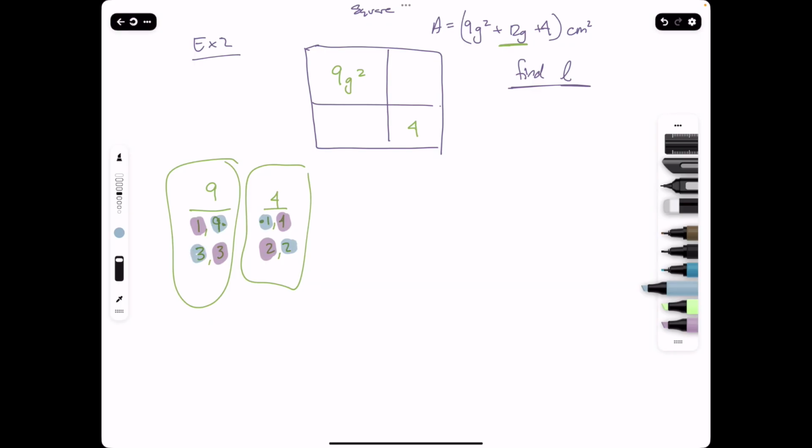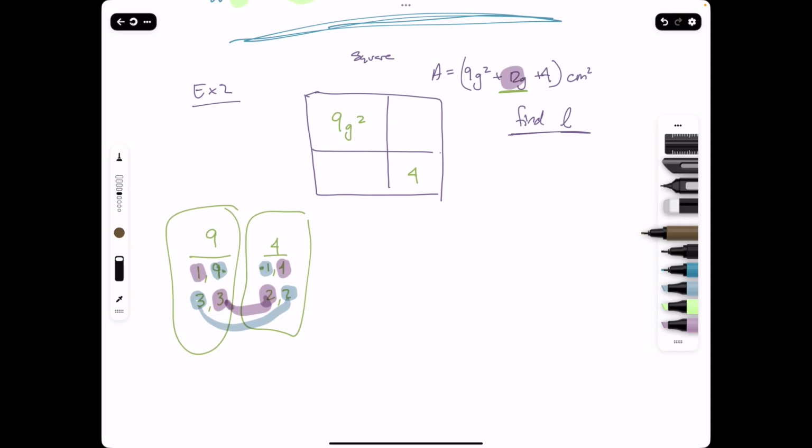And 3 and 2 have got the same things. I would get that is 6 and that is 6. 6 plus 6 is 12. So those would work. So I can go on my square and say